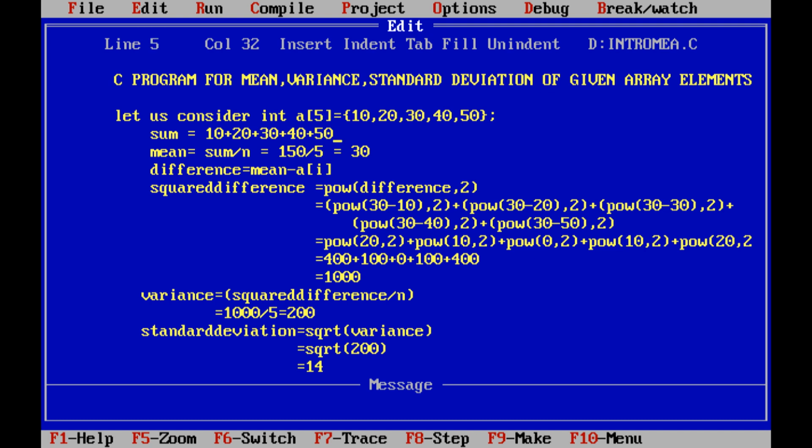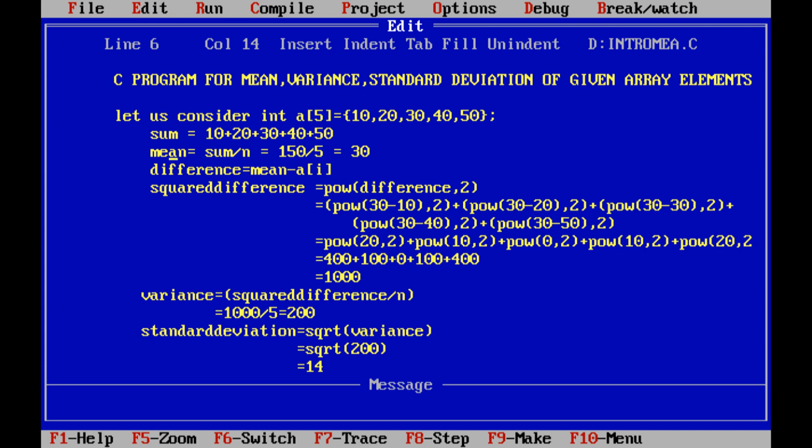For finding the mean, first we have to find the sum of the elements in the given array. So that is 10 plus 20 plus 30 plus 40 plus 50, which is equal to 150. Once we have the sum of those 5 array elements, next we find the mean value.